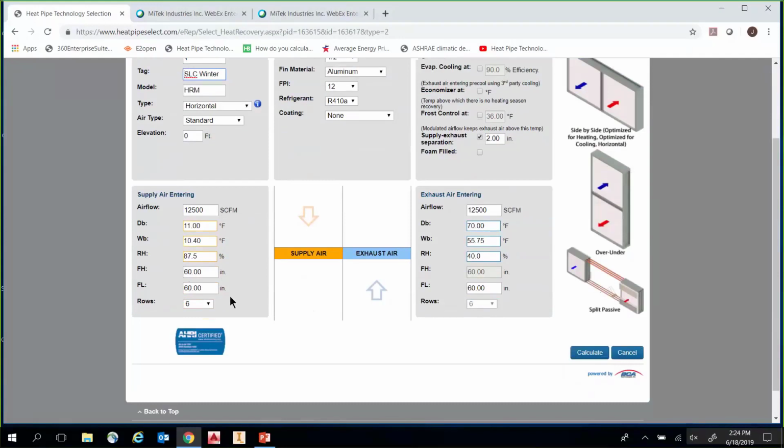So then what you can do is go back into that selection, and instead of having to input your dimensions, all you have to do is input your temperatures. So summer design temperatures for Salt Lake City, Utah, we're looking at 96 degrees dry bulb, 62 wet bulb, and moving to the exhaust side, we have 75 and 35% RH. All right, so if we click calculate,